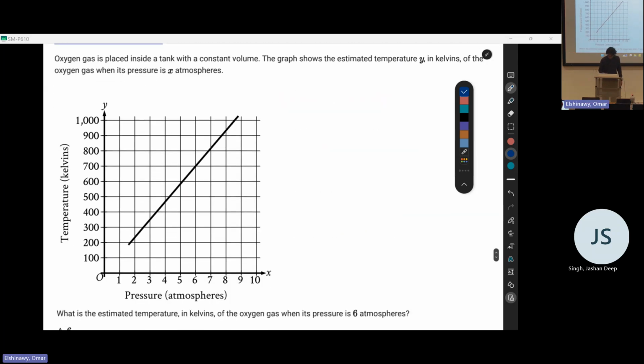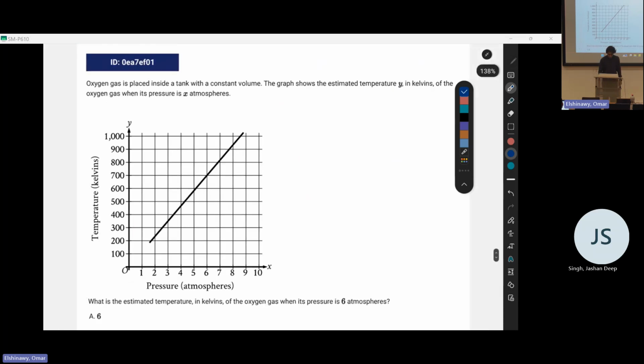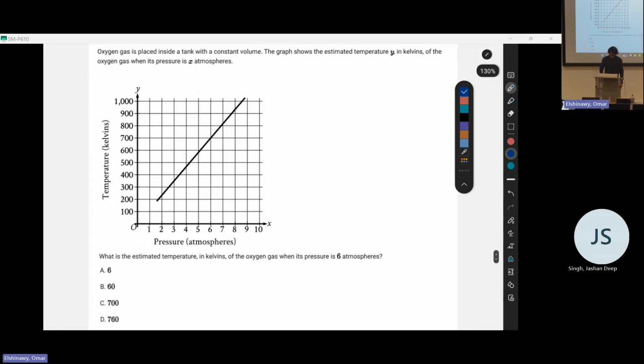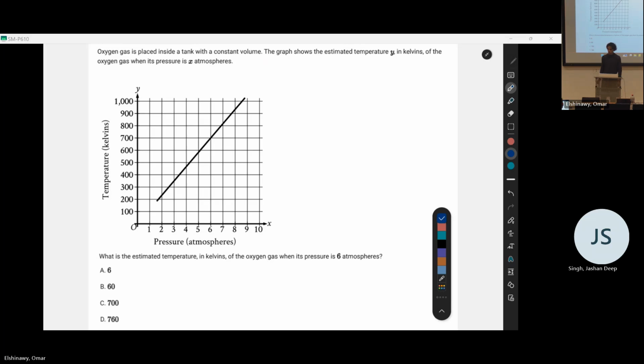So that is the last exercise in the easy category of this skill. Then we will do more difficult problems. Now, again, the classification is by the College Board question bank. I don't say that it's easy or difficult. I don't want you to feel like I'm judging you. So we have this oxygen placed inside